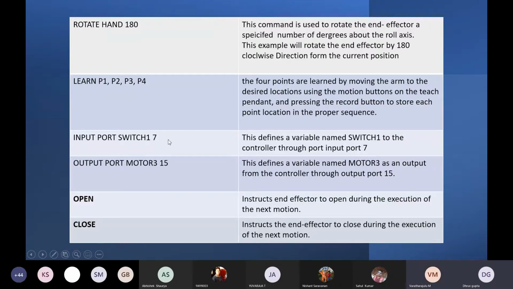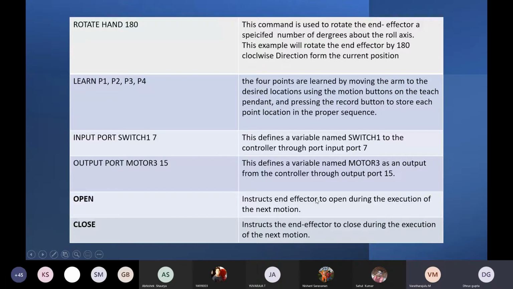Input port: SWITCH 1 7. This is the variable name switch 1 given to the controller with the input at port 7. Regarding the ports, this robot has 16 input ports and 48 output pins. For output ports, MOTOR 3 15: this variable name is given to motor 3 as an output on the controller through the output at port 15.